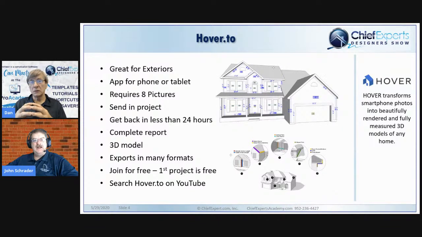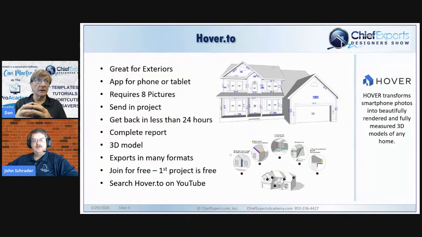I tried it one time, quite a few years ago. But my house had too many trees over it, so they came back with about twice the size that the house really was. Okay. Well, I've tried it myself too, and what you're seeing on the screen right now is